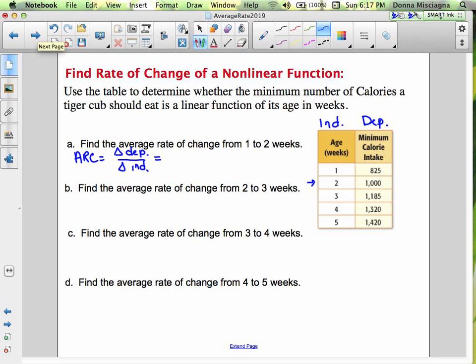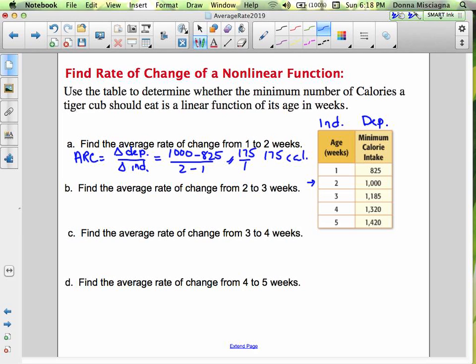So the change in the dependent variable would be 1,000 minus 825 over 2 minus 1. The denominator is just 1, and 1,000 minus 825 is 175. So this is 175